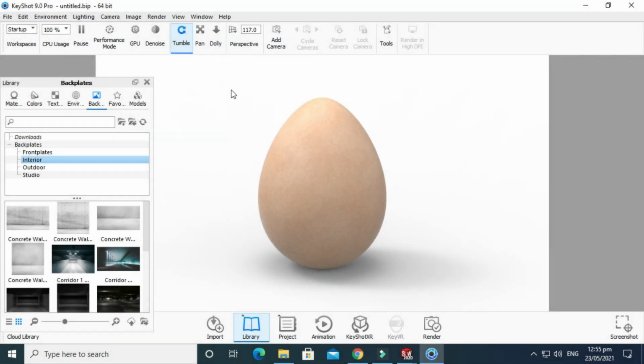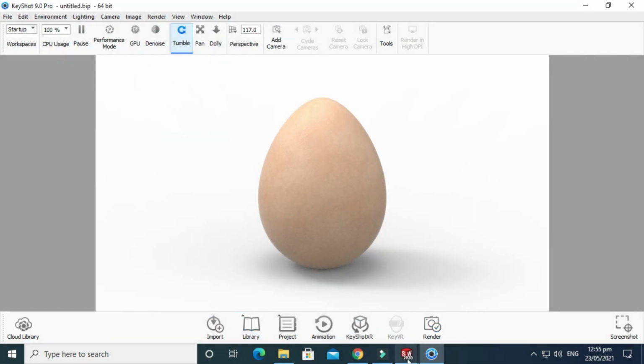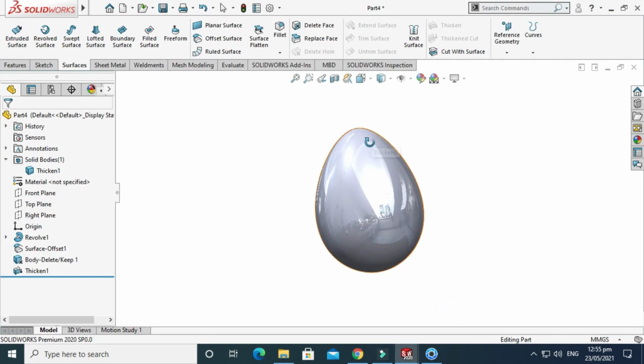Now the question arises: why did I choose this revolve? I can create this from surface directly. If I create this from surface revolve directly, I can't choose this option, body delete. It's a very important feature.